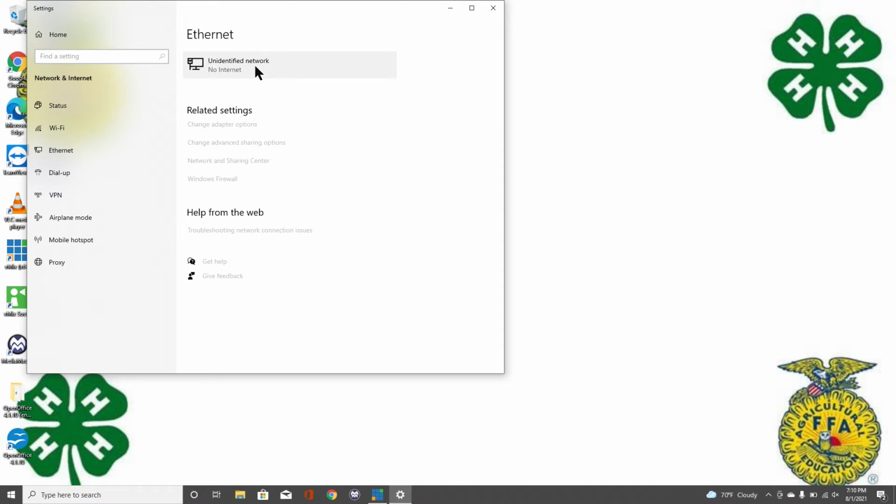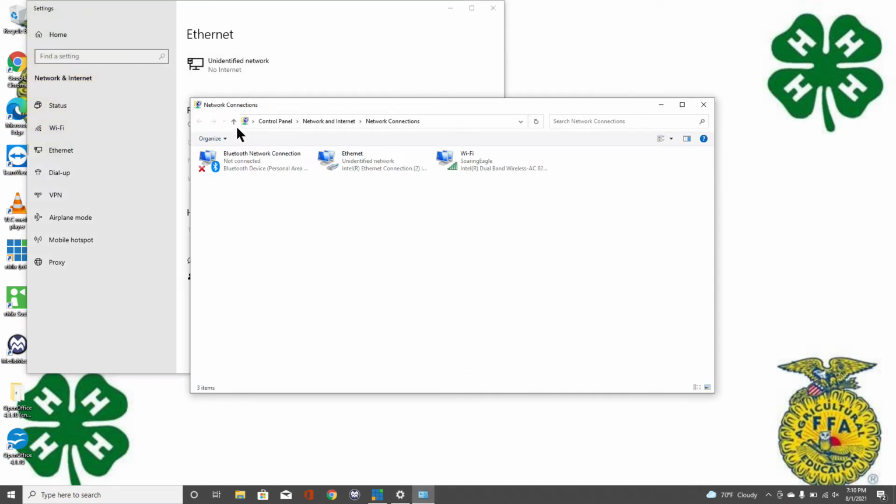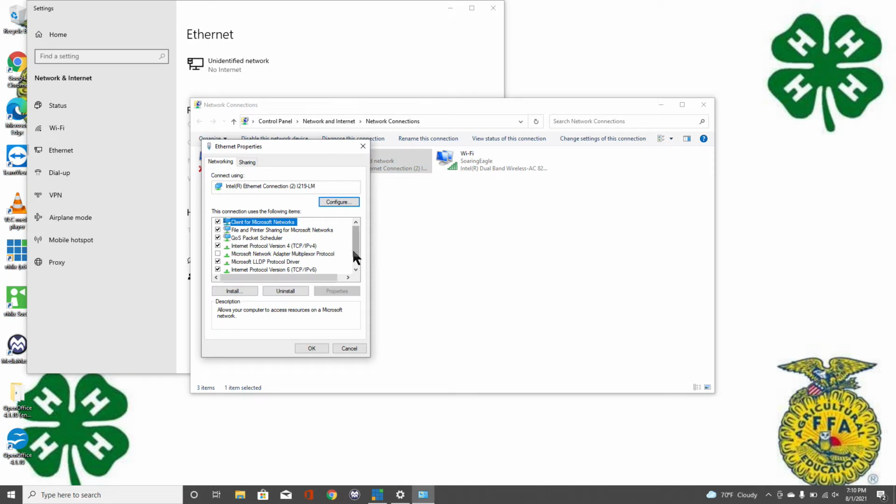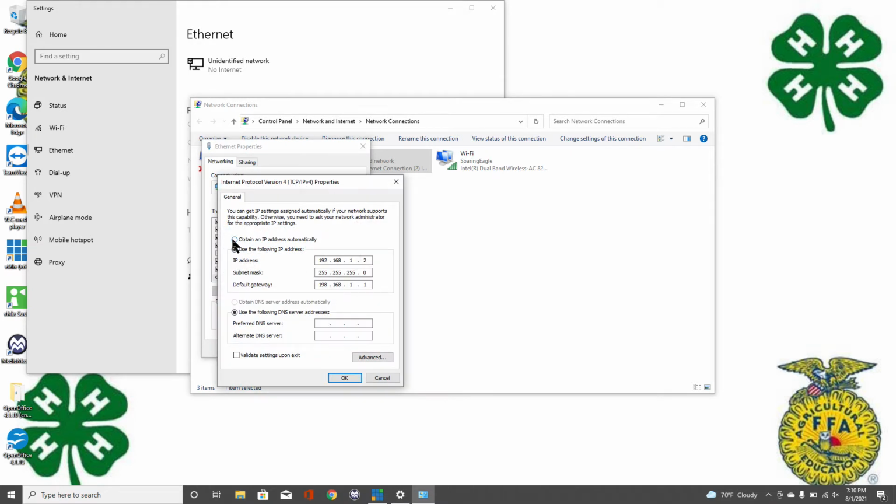So what I want to do is go down here, change the adapter options, go to the Ethernet here, and you want to do a right click, go down to properties, highlighting the properties, and then it brings up this Ethernet properties. The one that you want to change is this Ethernet protocol version 4. So just highlight that, go to properties, and then it will normally be clicked on automatically IP, and it'll look like this. However, you want it to look like this, and you want to make sure you have all your settings. In this case, I want